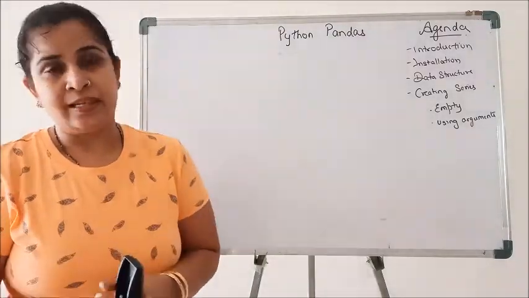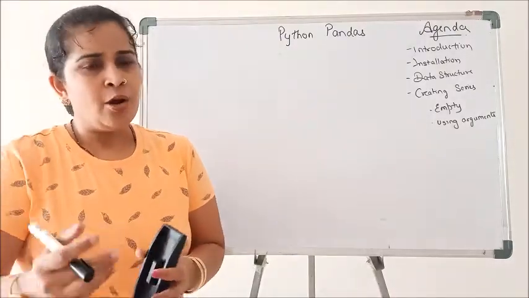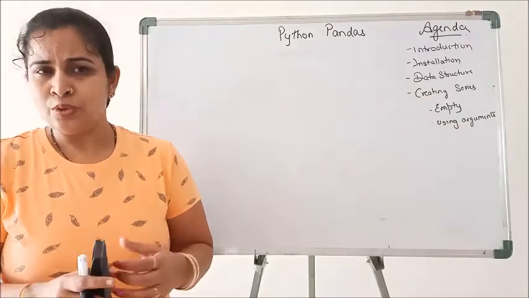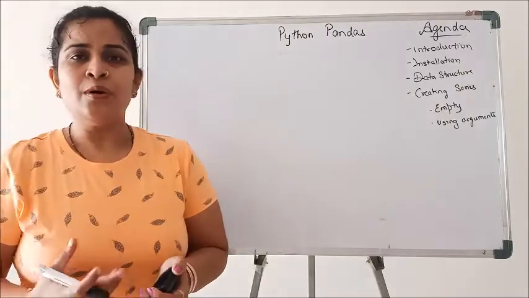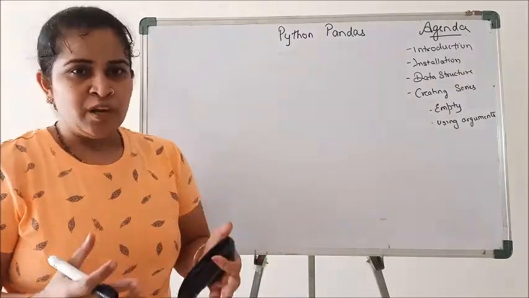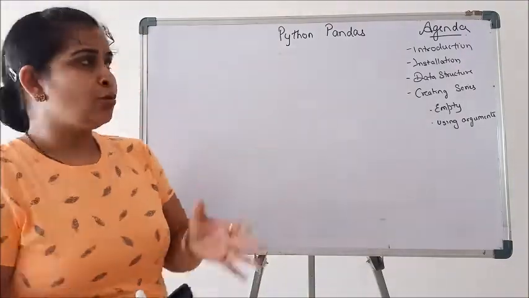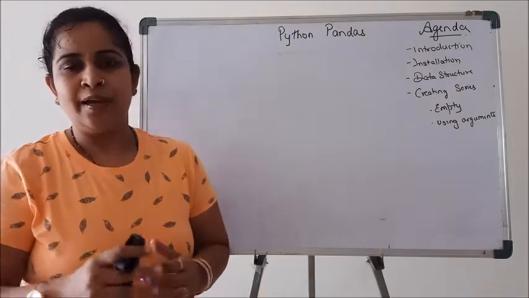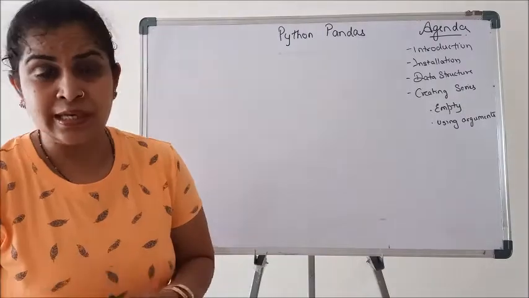What is big data? First of all, big data means a huge amount of data. For normal data, you can use SQL to manipulate, store, and process the data. But when you are talking about big data, that is data science, you need something special which can handle a large amount of data. So this is done through pandas. Pandas is a library supported by Python, which can handle this data, manipulate the data, and present the data.